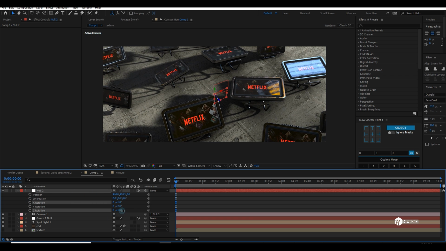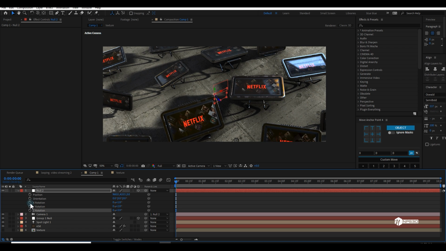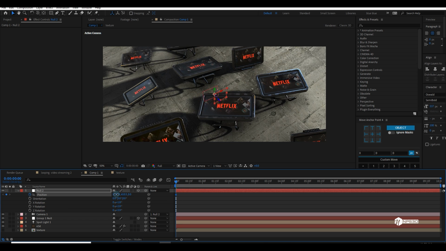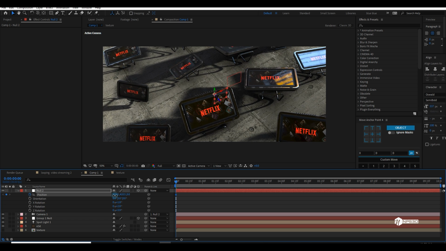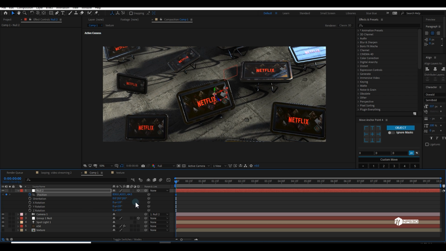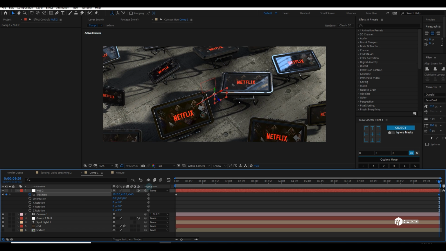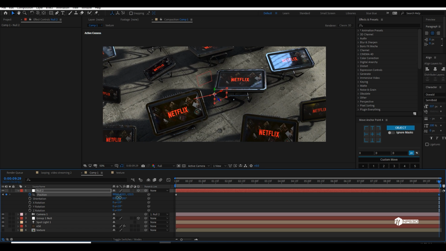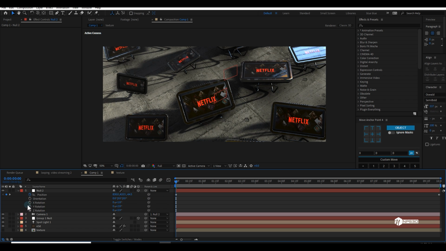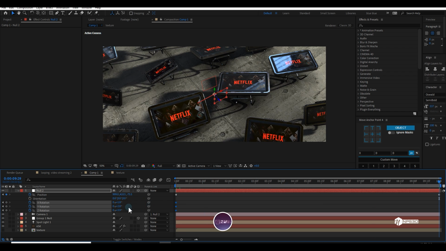So maybe, I don't know. Let me add a position and go to the very end. First come over here. Go to the very end. And you can also add a keyframe on the rotation values.